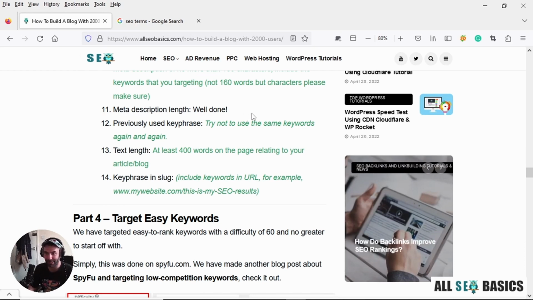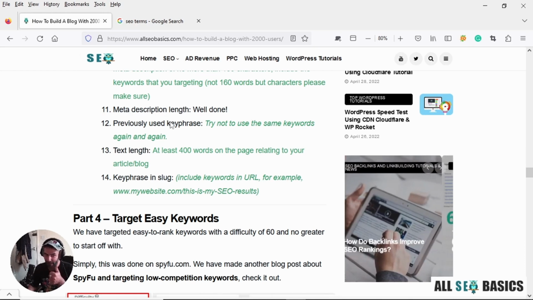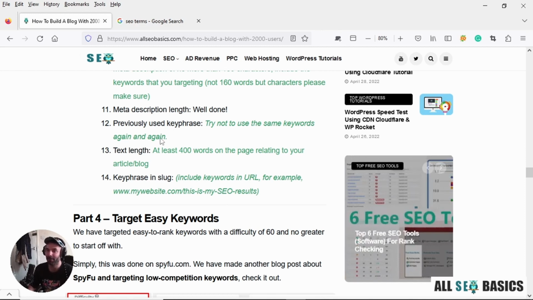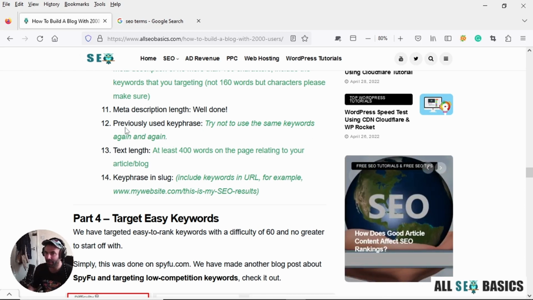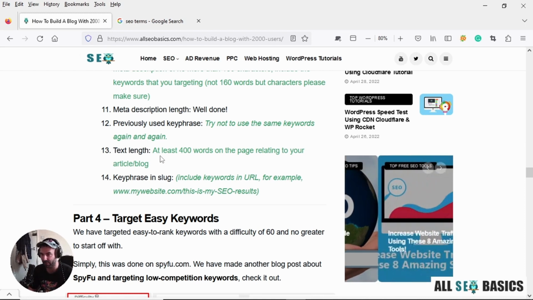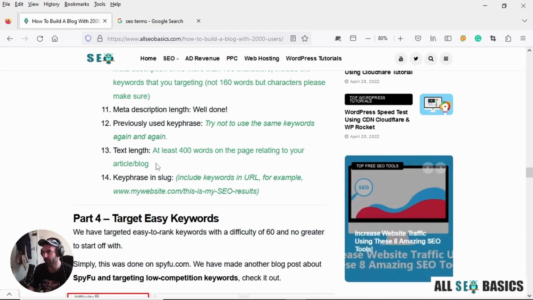Basically, yes, that is very important. So make sure you get those 160. Previously used key phrase. Try not to use the same keyword again and again. If you create topics, try to create every topic unique. Try to target different keywords. If you use the same keyword in 10 topics, you're going to be penalized and they're not going to rank